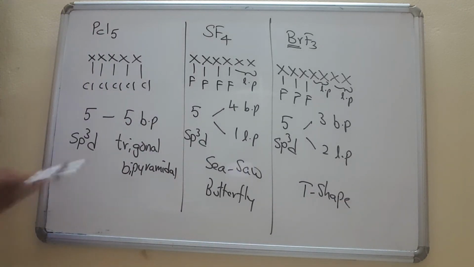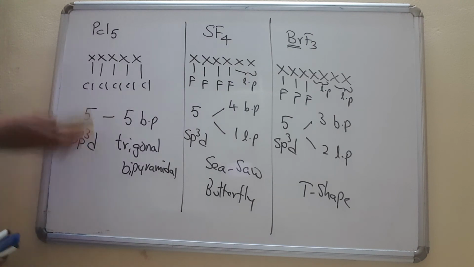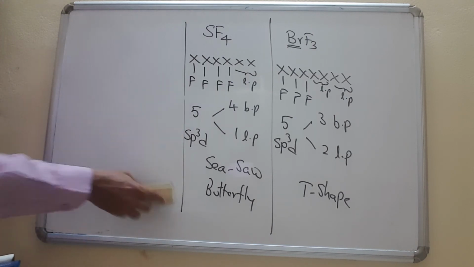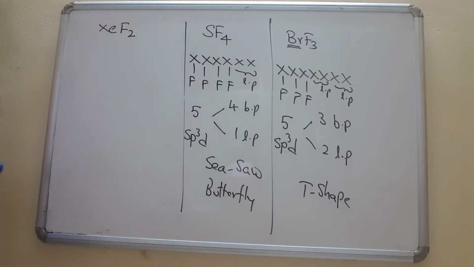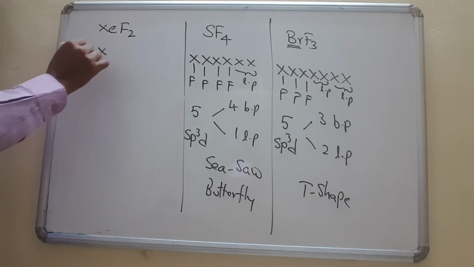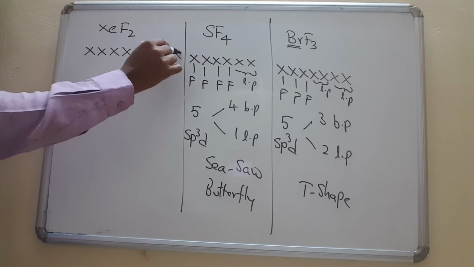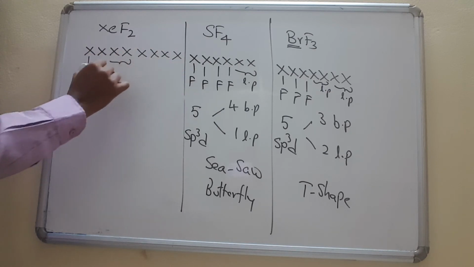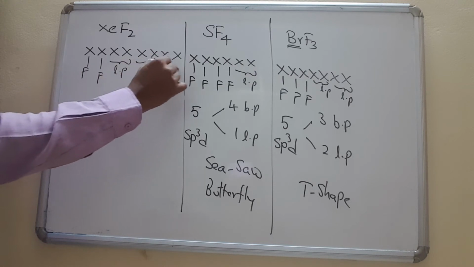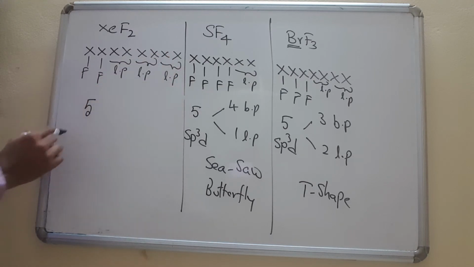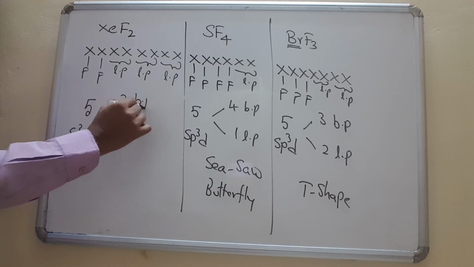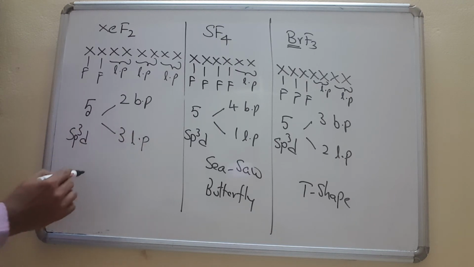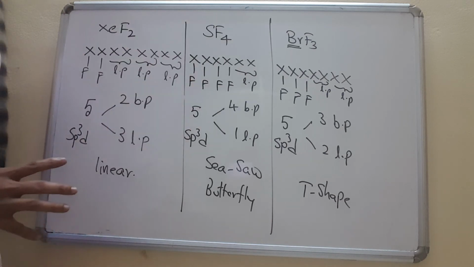Okay, so that is about another example. Okay, the next one is, for case of 5, XeF2. Okay, then in case of XeF2, so xenon is the 8th group element: 1, 2, 3, 4, 5, 6, 7, 8. 2 fluorines there. The remaining are lone pair, lone pair, lone pair, another lone pair. So total pairs is 5. So hybridization is sp3d. 2 bond pairs and 3 lone pairs. So its shape is linear. Okay, so that is about the total 5 pairs situation.